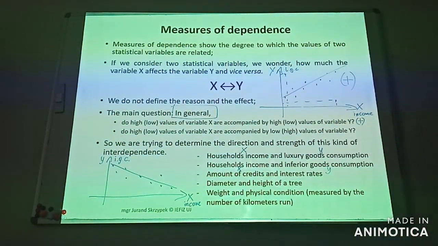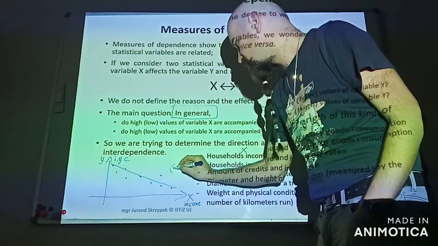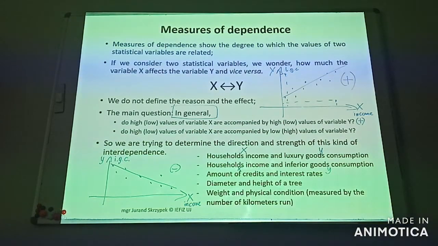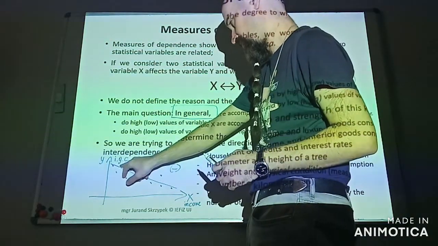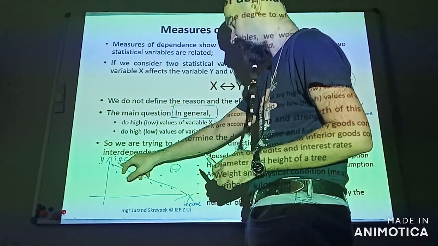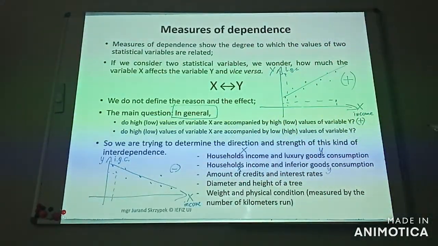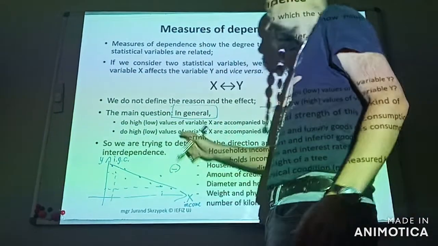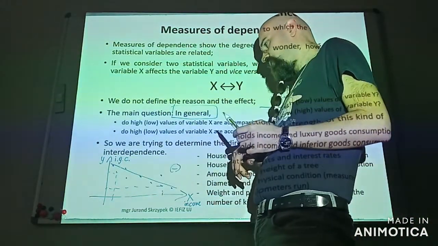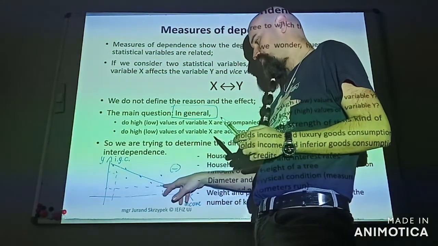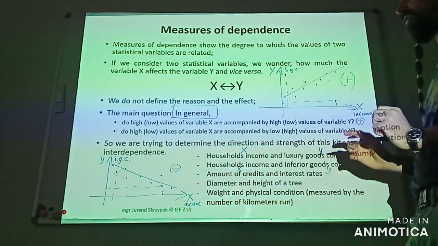And as you can see, a certain phenomenon, a certain regularity can be perceived here. Yeah, this interrelationship has a negative character, because high values of inferior goods consumption are accompanied by low values of income, and simultaneously high values of income mean low values of inferior goods consumption. Of course, this is a general phenomenon. In general, I must emphasize this phrase, in general, because of course we can